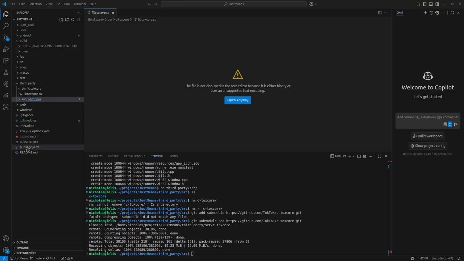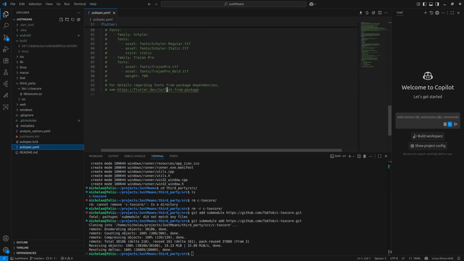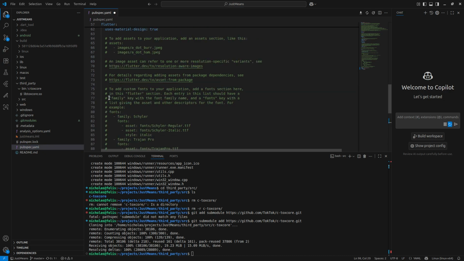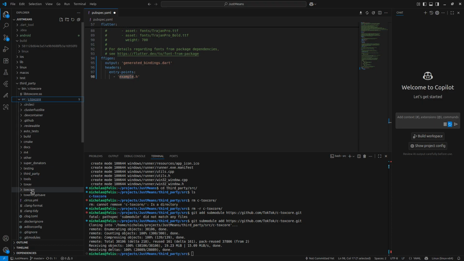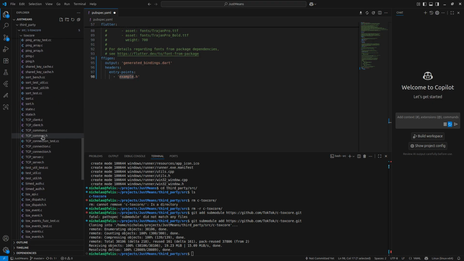And we needed to define an entry point in our pubspec.yaml. Let me add this in here. Okay, FFI gen, we can use generated bindings, Dart. And then example is the entry points. Now they want a header file. Let's see if we can find this tox core. Maybe it's just called